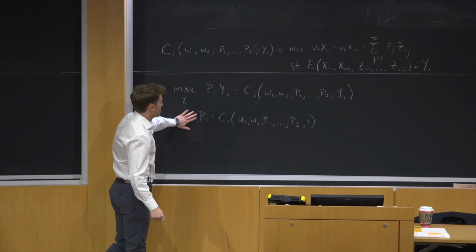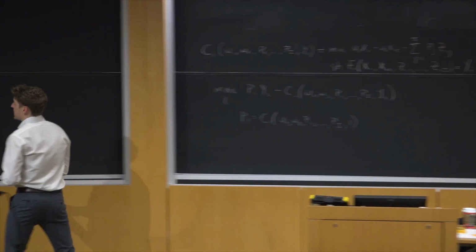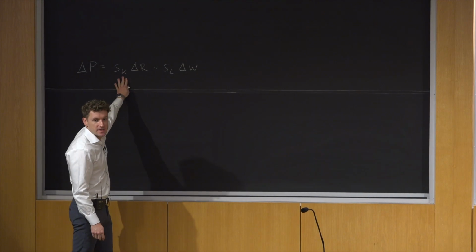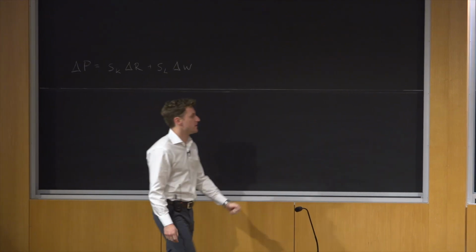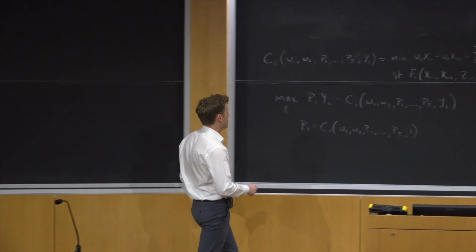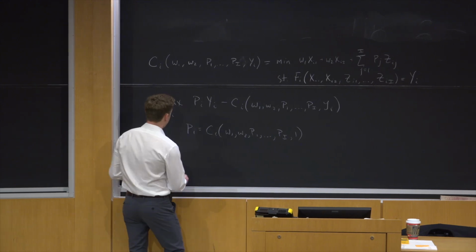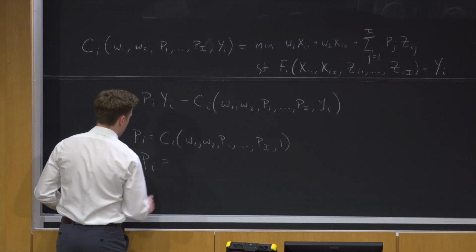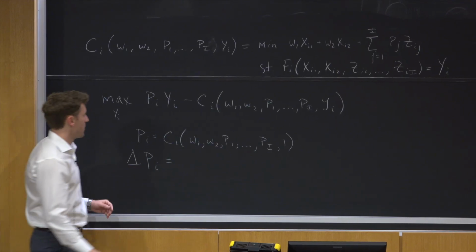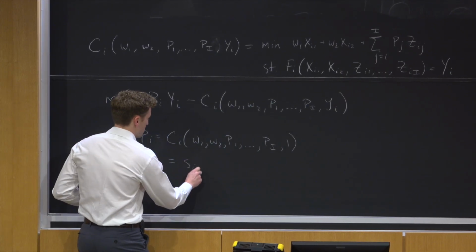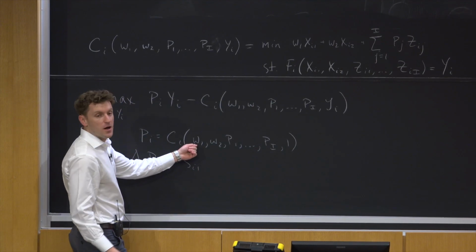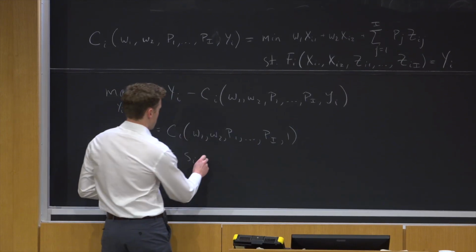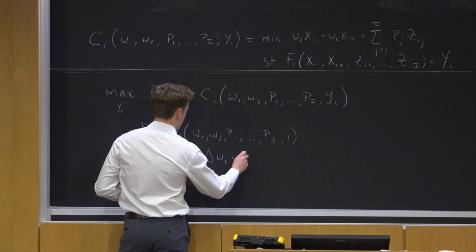Okay, and so now I won't rederive exactly how we got here with the shares just to save time, but I think you guys can see exactly how that's going to work at this point, given that we've set it up in the same way. And so what you get if you log linearize this equation is this: the change in price in sector i will be the share spent on this kind of raw initial factor 1 times the change in its price